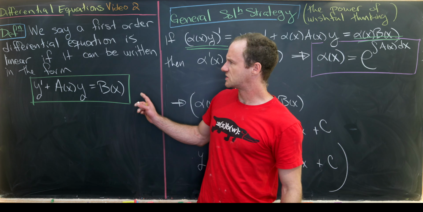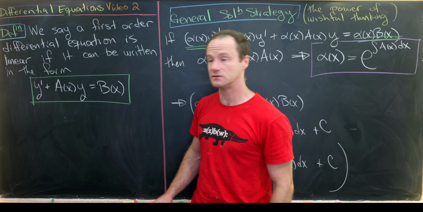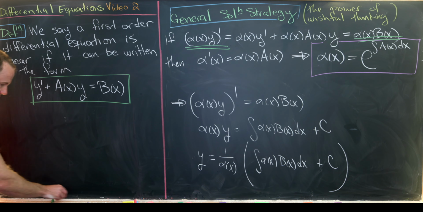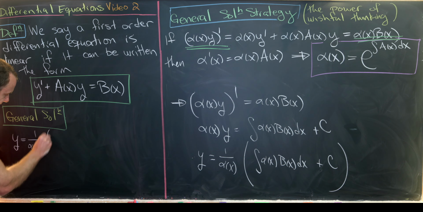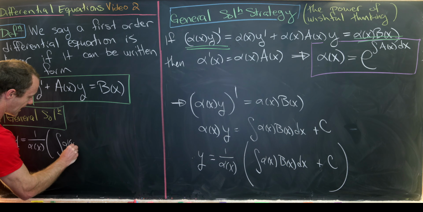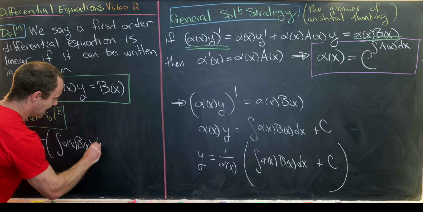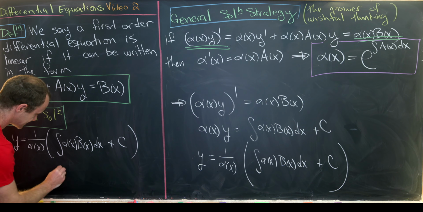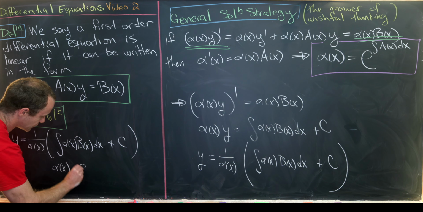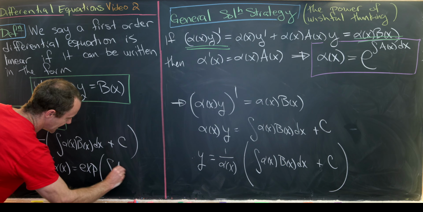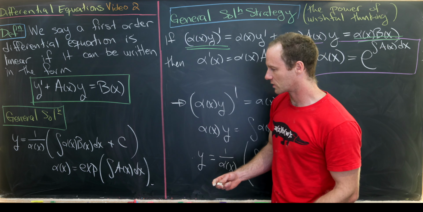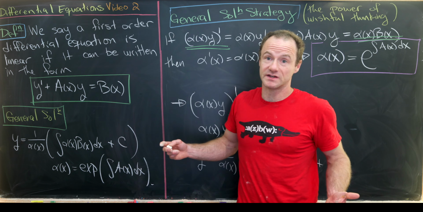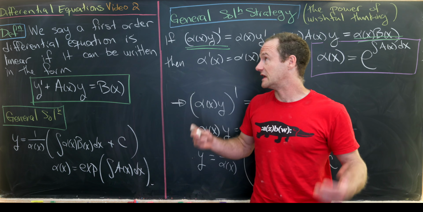So that allows us to kind of write something down over here. So let's do that. So we have a general solution, like I said. And that general solution, which we'll call y, is 1 over alpha of x times the quantity, the antiderivative of alpha of x times b of x dx, plus an arbitrary constant, where that alpha of x is equal to the exponential of the antiderivative of a of x dx. So now, for better or worse, we have just a formula to use to solve any nice first